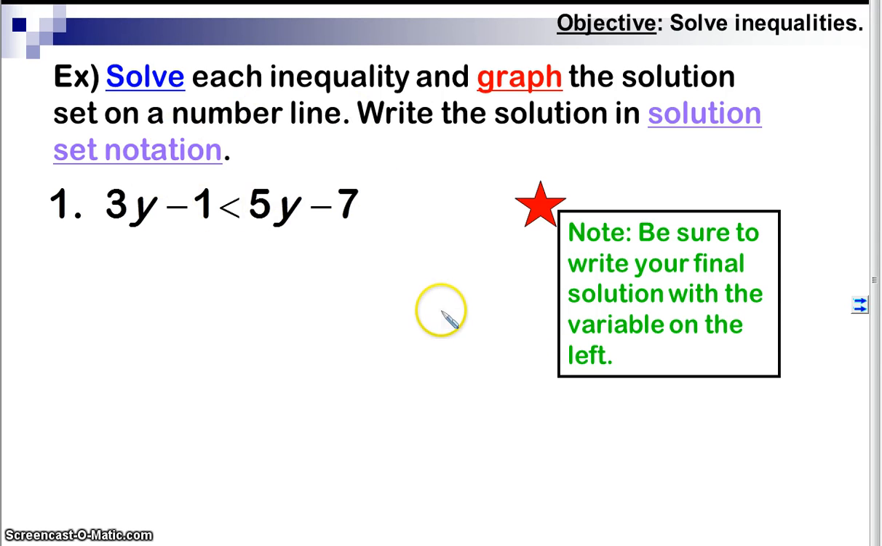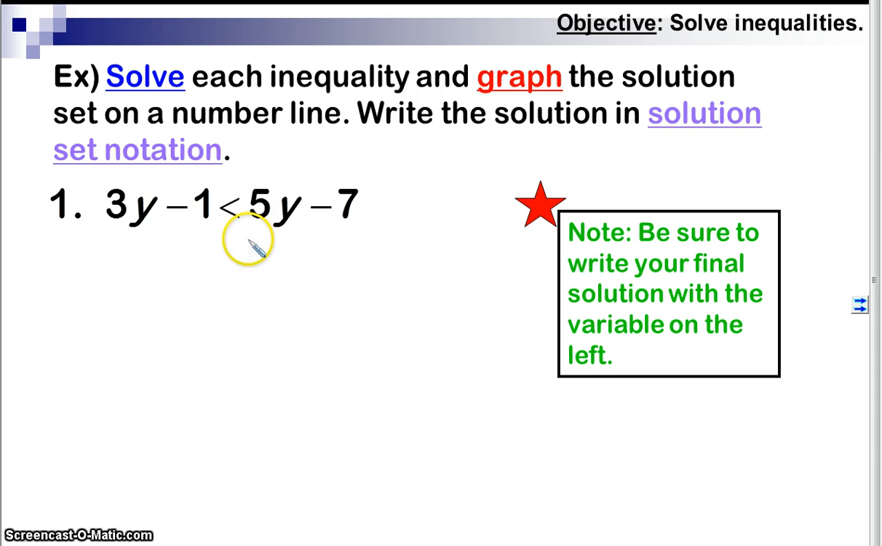Solve each inequality and graph the solution set on a number line, and then we're going to write our solution in solution set notation. So I'll show you what that looks like. These guys pretty much work just like equations, so you're going to solve them just like equations. Just to illustrate what I meant by switching the inequality sign,